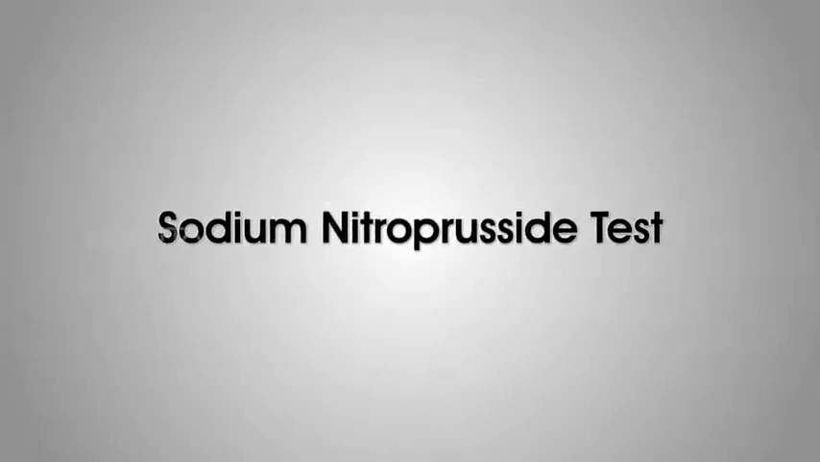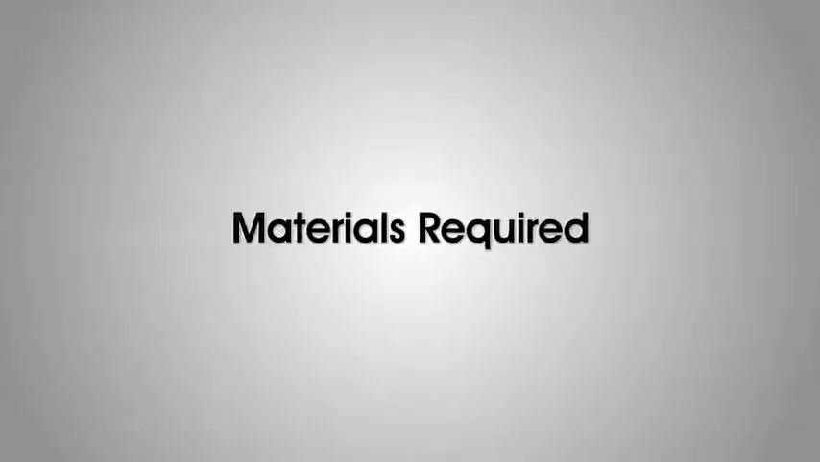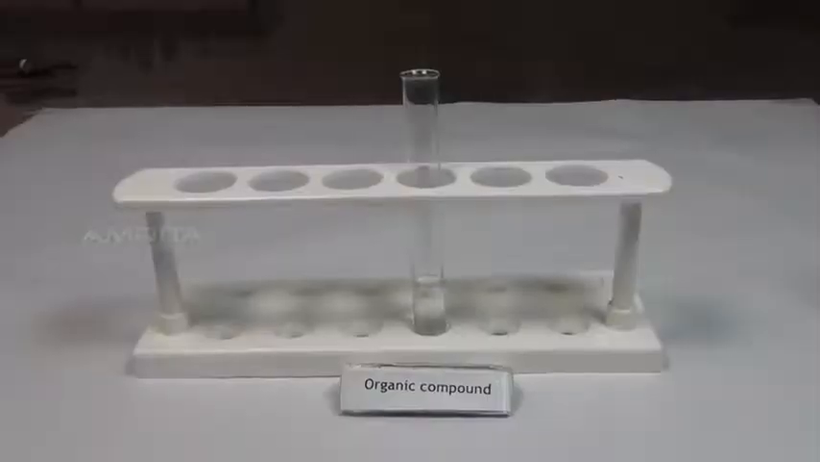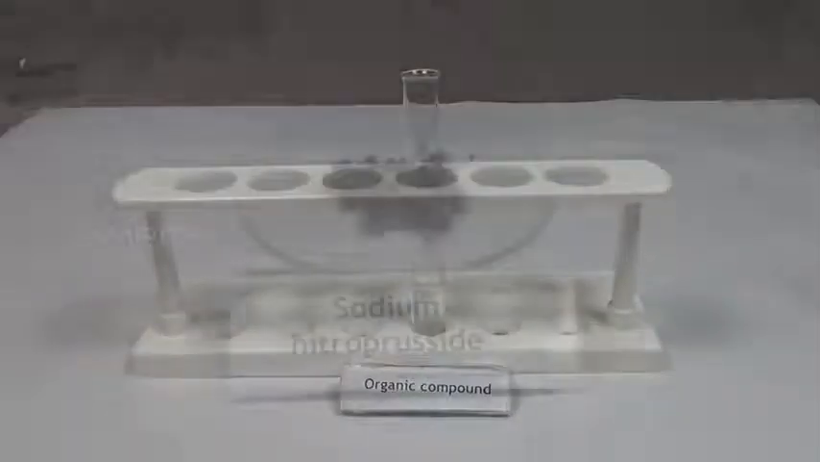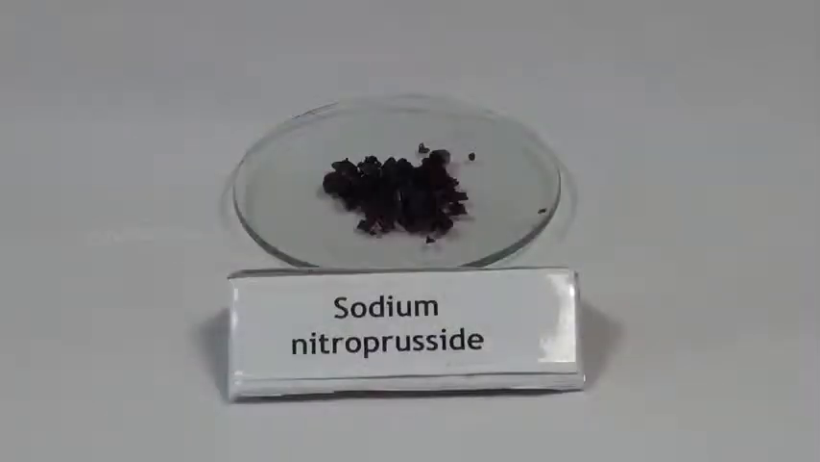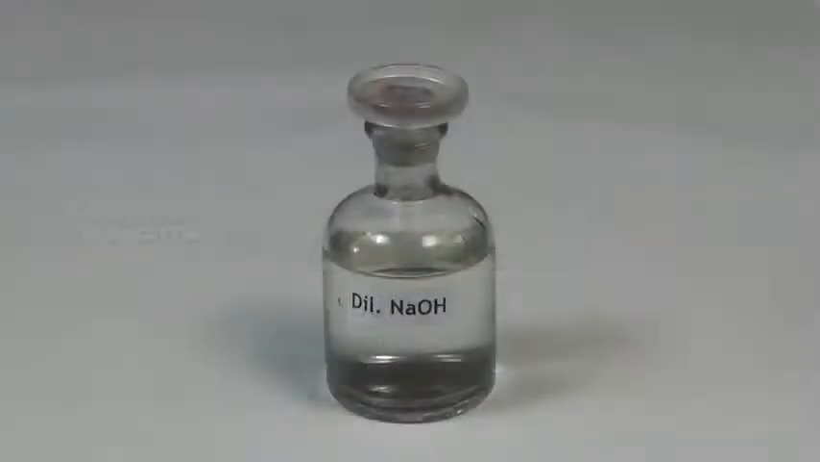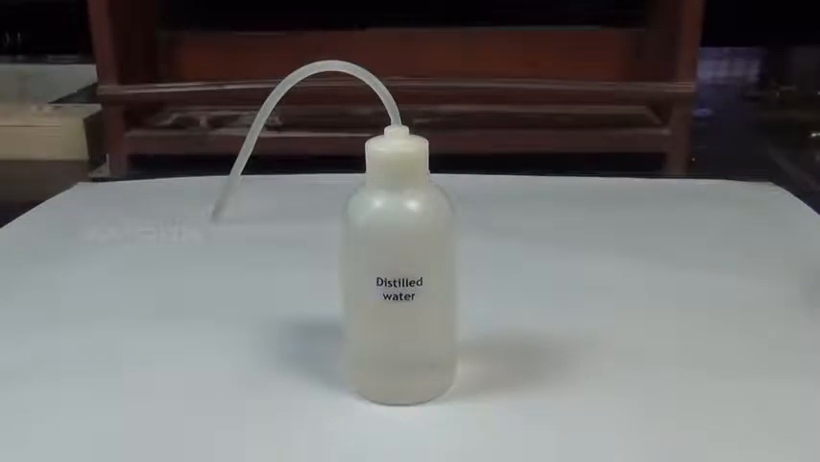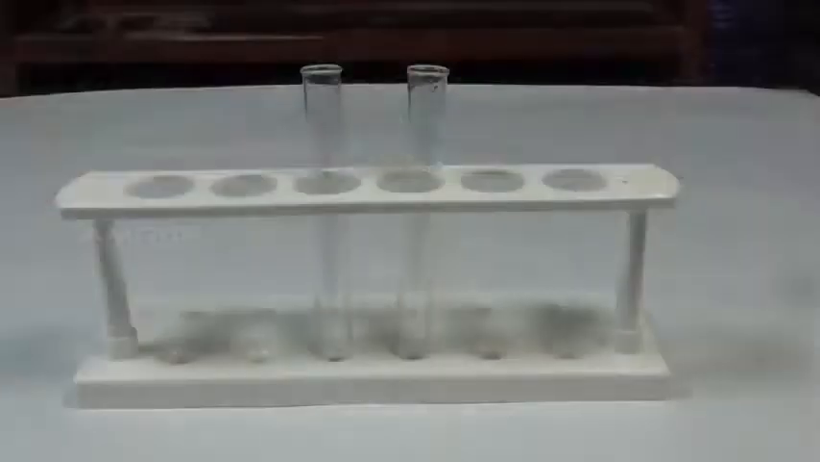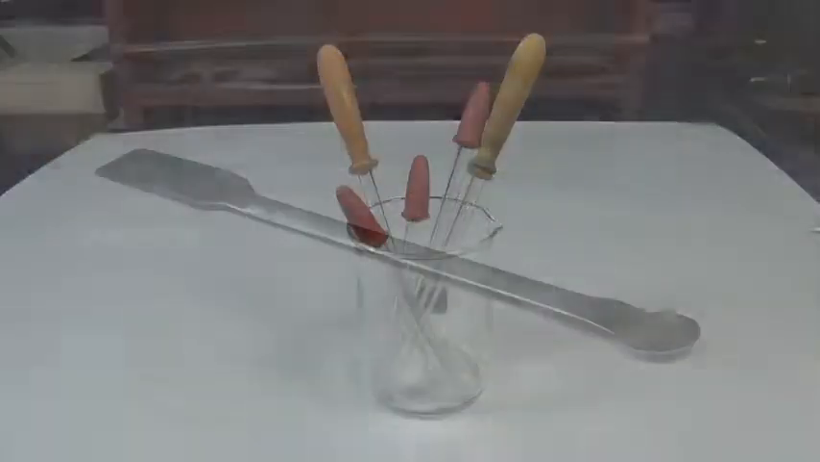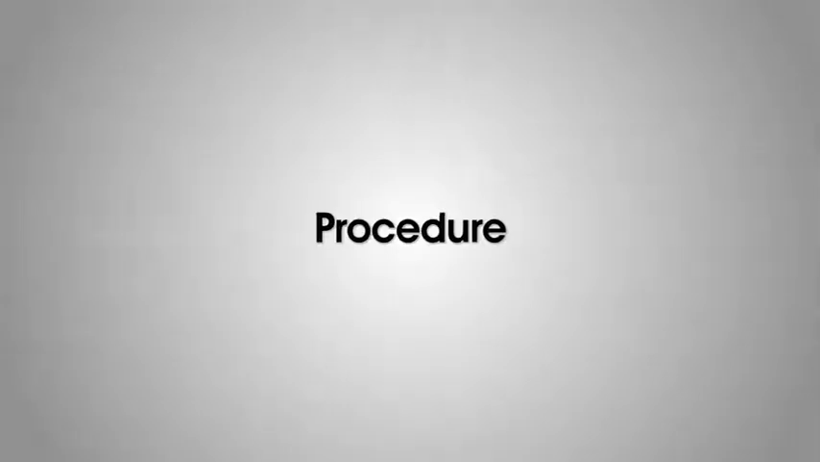Sodium nitroprusside test. Materials required: organic compound, sodium nitroprusside crystals, dilute sodium hydroxide, distilled water, test tube, dropper and spatula. Procedure: